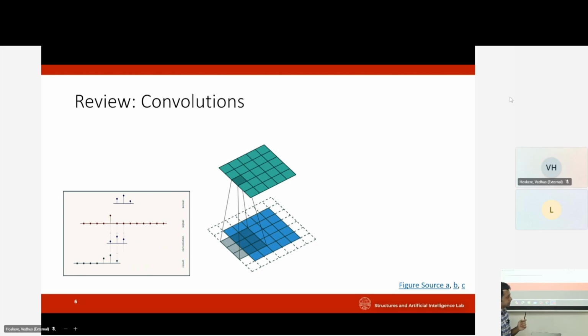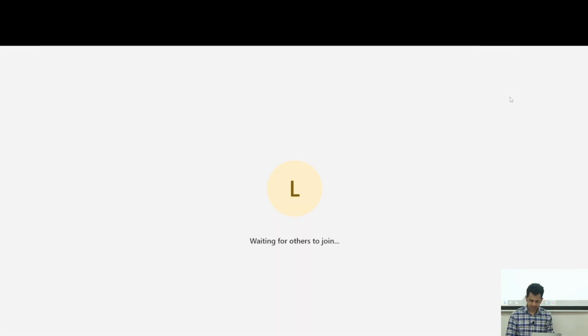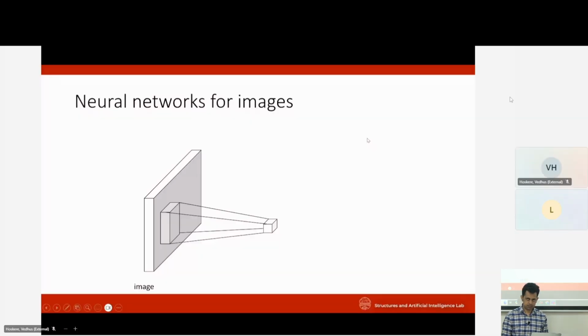So with a convolution, you can get an output, right, with just a filter. Oh, it's not changing. Maybe my internet is down. Yeah. So you guys didn't see the 3D filter. Okay, so